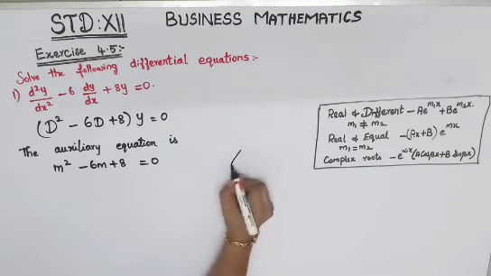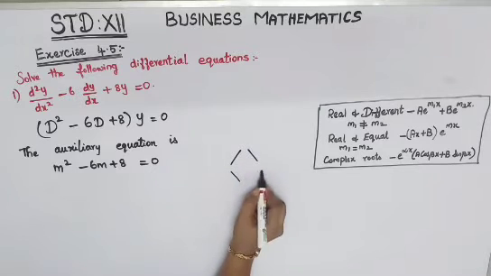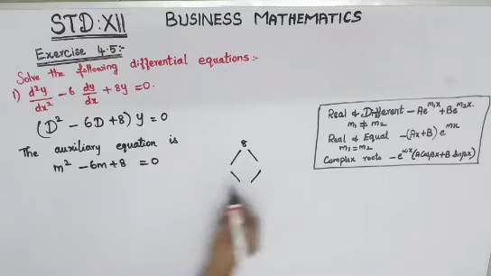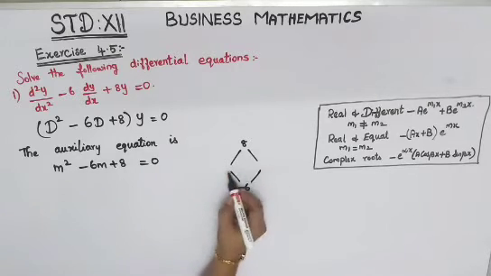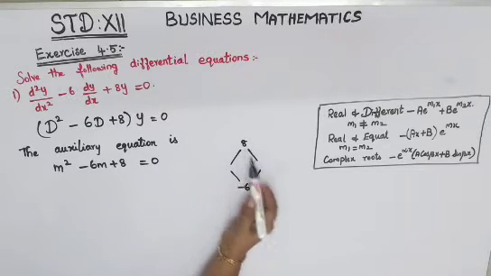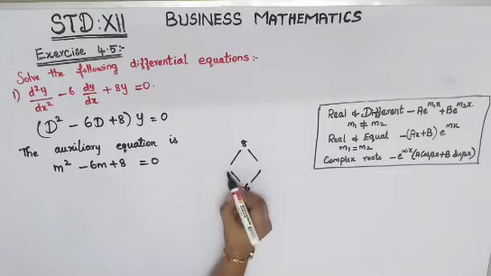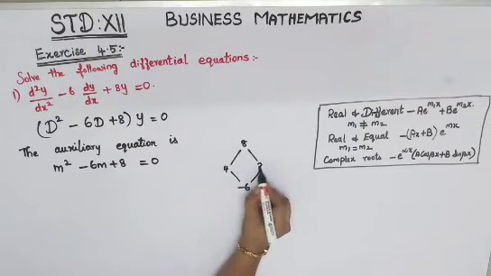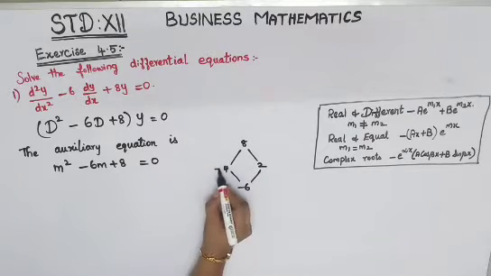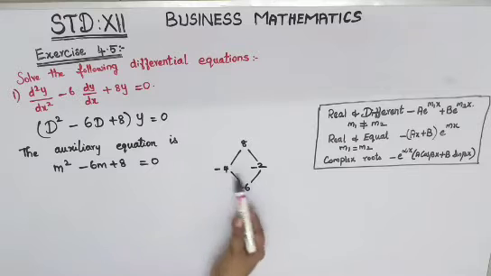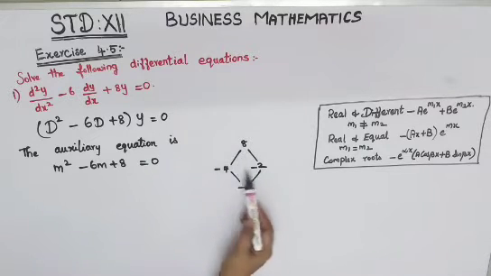So just go for your factorization. So 8 is here, write it on top, minus 6 and write down. When you multiply two numbers, you will have to get your 8. Adding or subtracting those two numbers, you will have to get your minus 6. So I will write 4 twos are 8. Since minus is there, put minus for both terms. Now multiply and see, minus into minus it will become plus. 4 into 2 it will become 8. So it is plus 8.